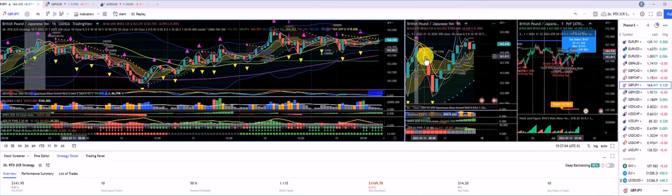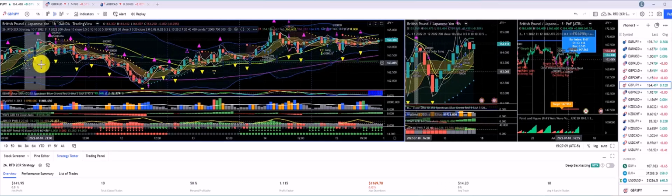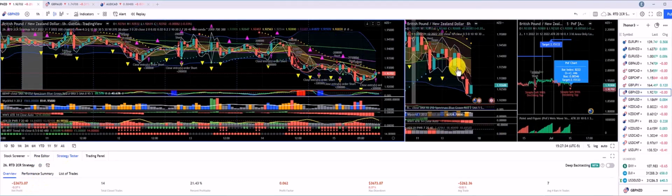Initial price action above the dragon on the operational picture, crossed over below, then back above, and we got a little bit better than break even plus dinner for two with a $141 gain. British pound New Zealand dollar got a nice target of 2.15133 to the upside. Price action was above the dragon, then crossed over below, and then with that chop translated to the tactical picture with a